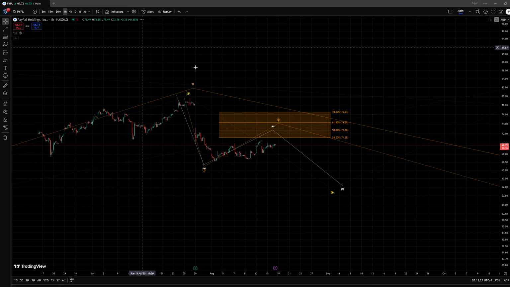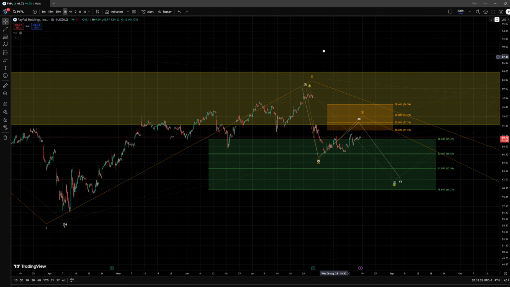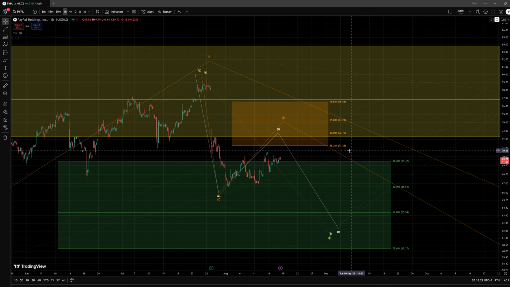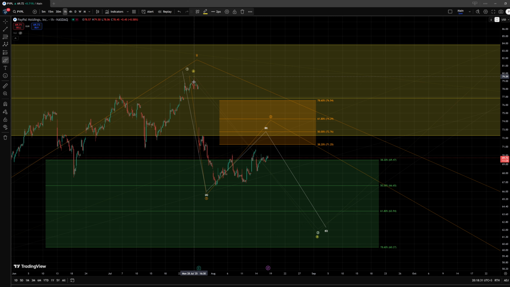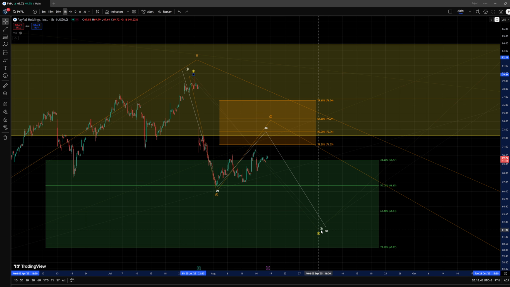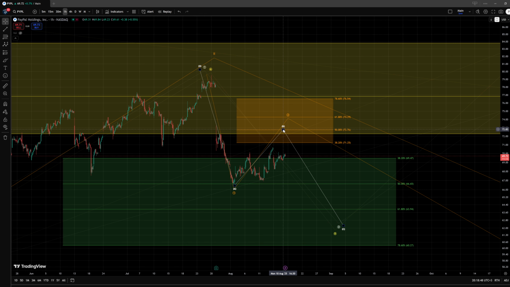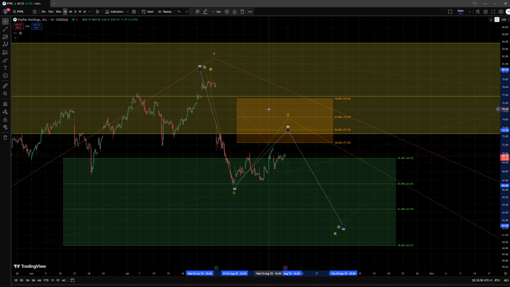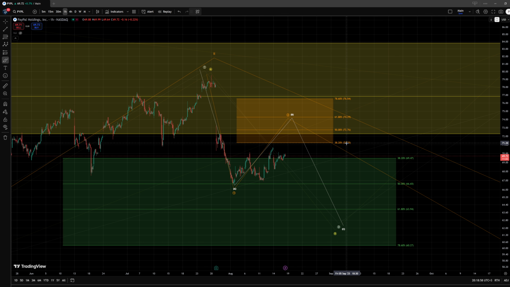Now, to the downside here, ever since we formed this top, it seems we have created a 5-wave move to the downside. This looks very much like a regular impulse here, and I could either consider this a wave 1 in orange or a wave A that could be either part of the wave 2 in white or the wave B in yellow. And after that, normally after a 5-wave move, we expect at least a retracement in a wave B or a wave 2, doesn't matter, and that should find in this case resistance